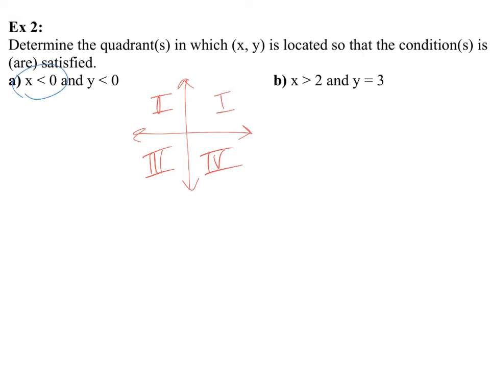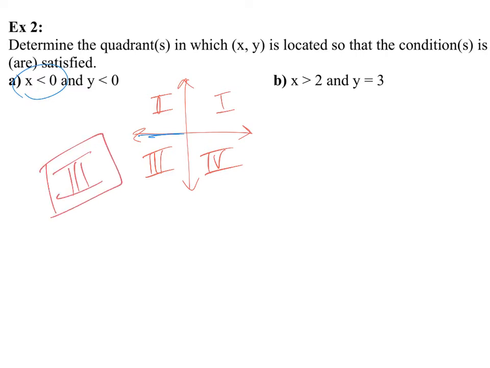So x is less than 0. So if x is less than 0, that means I'm going to the left here, and then all my values have to lie in these two regions. If y is less than 0, then that means I'm going down here, and all my values for y have to be in these two regions. Okay? But where do the regions overlap? Quadrant 3. So that's your answer. Okay, quadrant 3